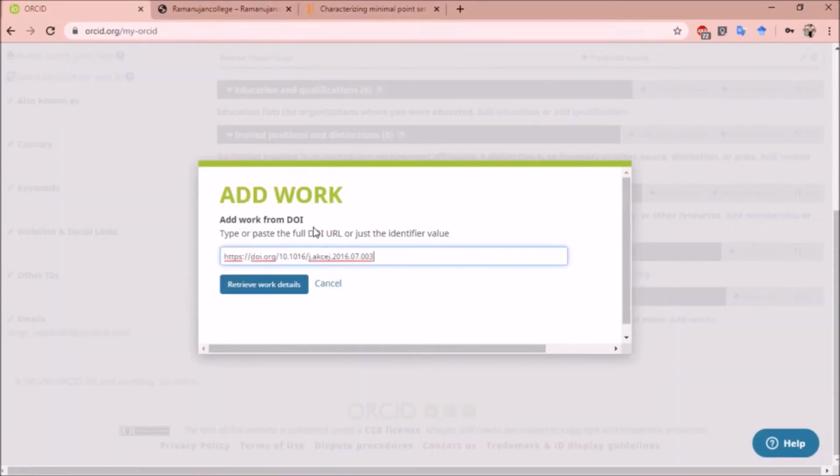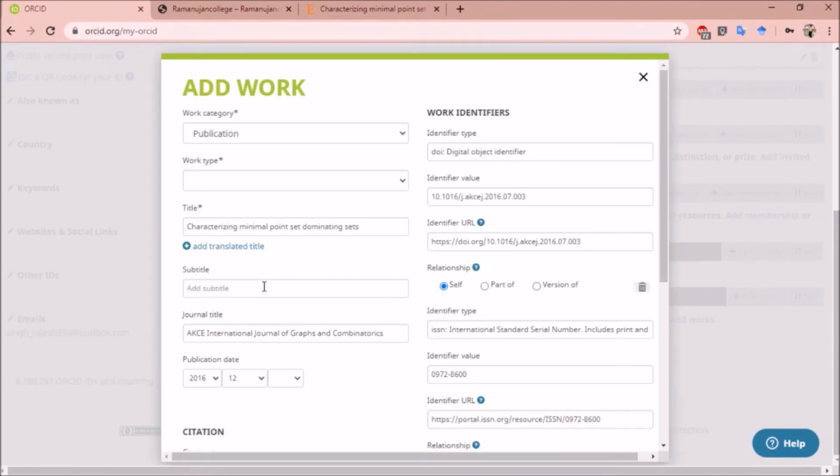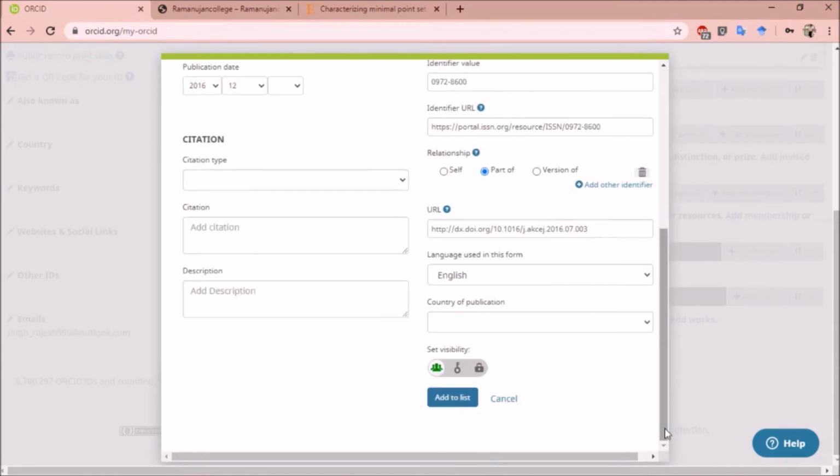Once you paste your DOI in this bar, click on retrieve to retrieve the data. This will automatically retrieve all your details. You don't have to fill them in manually. You can check once before clicking on add.